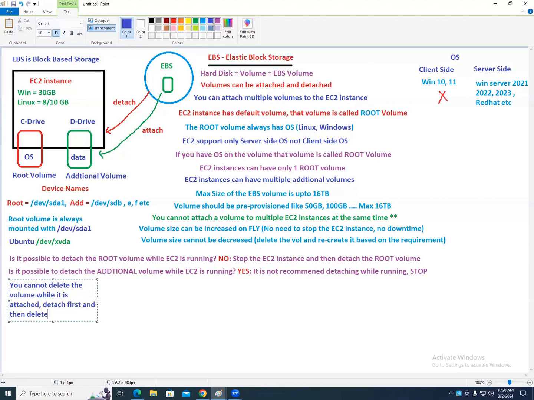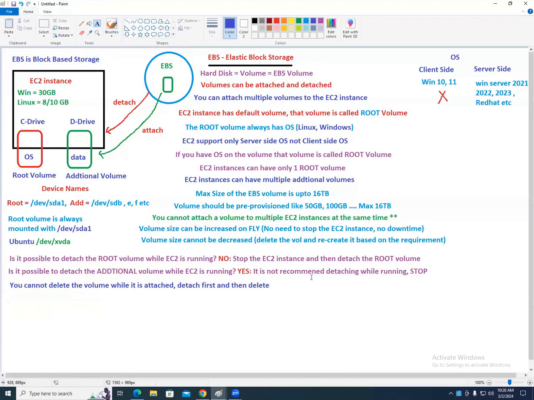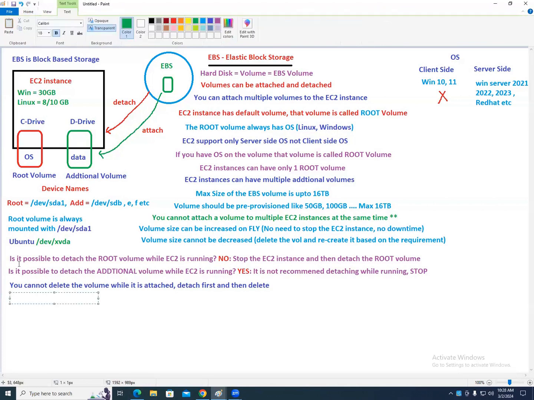Okay. So very important thing I'm saying here. EC2 instance has availability zones, because EC2 instance will be launched inside the availability zones. Remember, volumes also have availability zones.